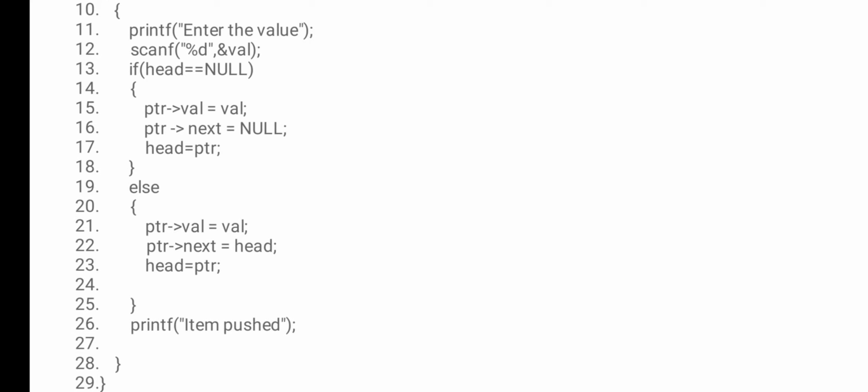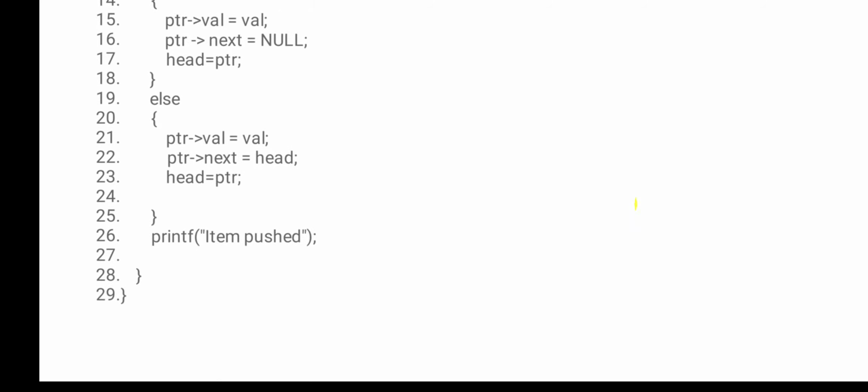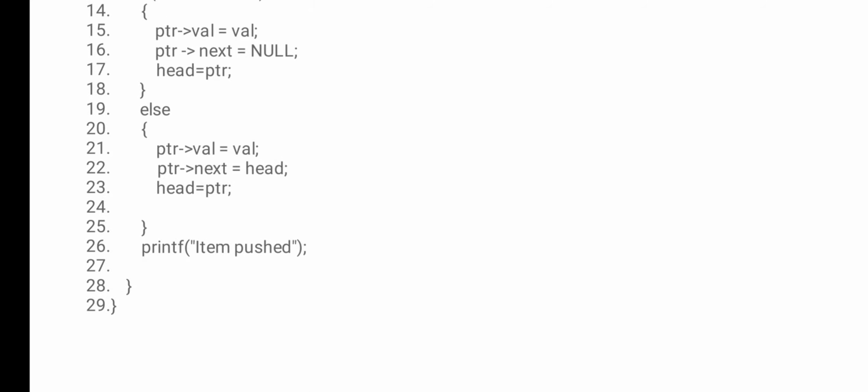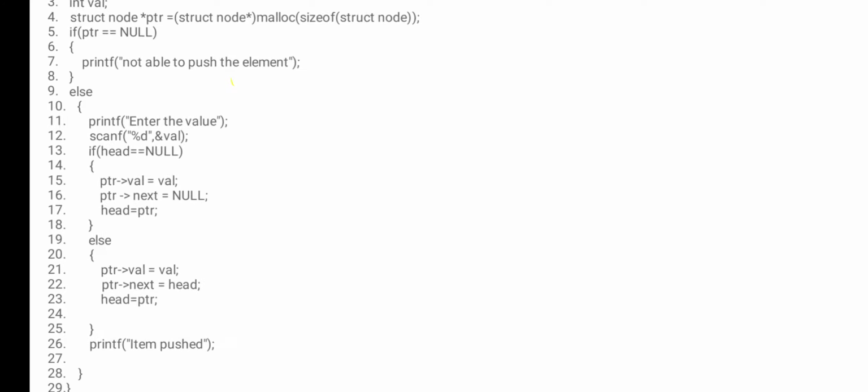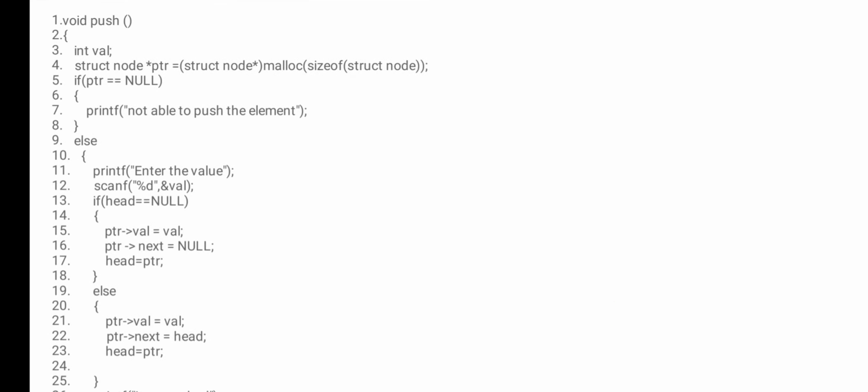The first case is the first element we push into the stack. And the else case means if the stack already contains some elements, then the element is added at the top of the stack. Okay, this is the implementation of adding a new element at the top of the stack.